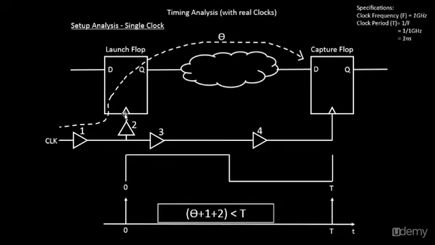So why clock network delay, or you can say launch clock network delay? When I say launch clock network delay, it basically says the time required for the clock to reach from the clock port to the launch flop clock endpoint. Okay, so that is what we call launch clock delay. So theta is the combinational delay, the data path delay, and 1 plus 2 is the clock network delay, the one which I'm highlighting over here. So this is the launch clock network delay.